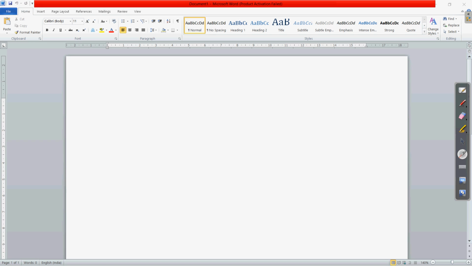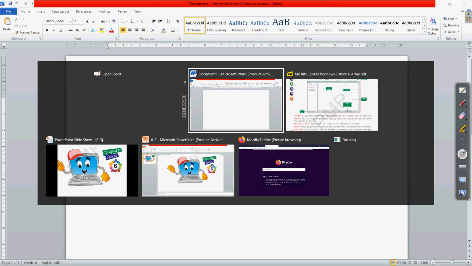If you want some new options to be shown there, you can choose that accordingly. You can include more, or if you want to remove a few of these, we can modify this quick access toolbar for that also. Clear? So this is the use of the quick access toolbar in MS Word.